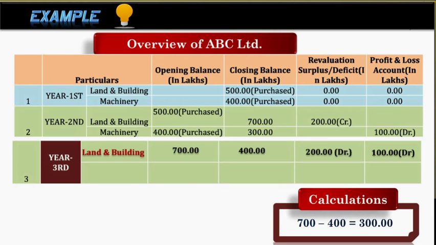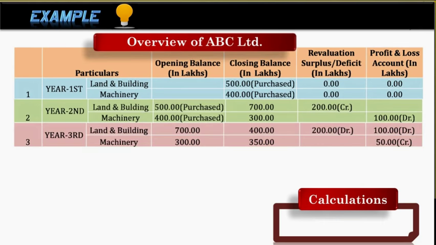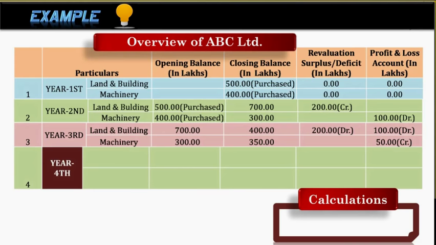In year 3 only, the value of machinery has increased from rupees 300 to 350 lakhs. Thus, there is an increase of 350 minus 300, that is of rupees 50 lakhs. Now friends, it should be noted that it shall be treated from P&L account of year 3, so as to reverse an earlier deficit. In year 4, we can see that there is no change in the value of land